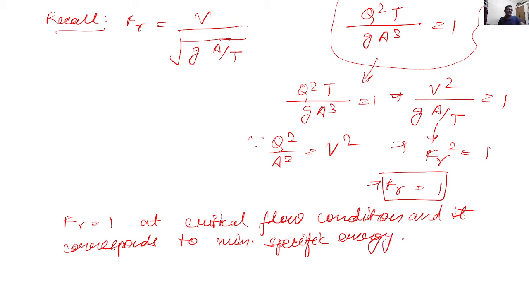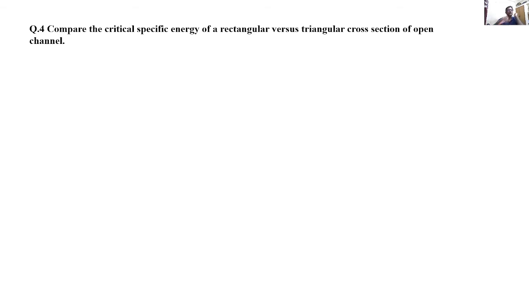So just recall that I've actually derived the expression for a very generalized term, generalized open channel type. It's not only for a rectangular cross section. It's not only for a triangular cross section or a trapezoidal cross section. It's a very generalized expression. Now, just moving into the usage of this expression,